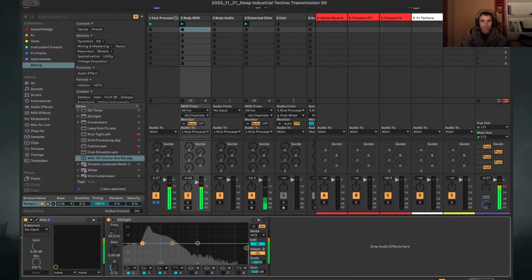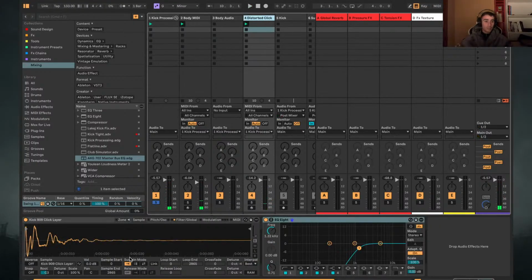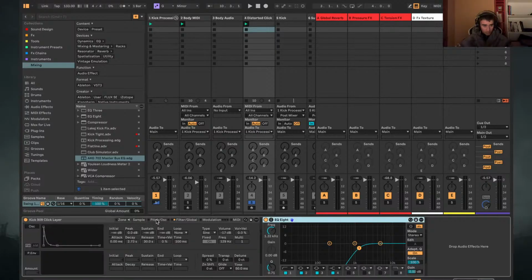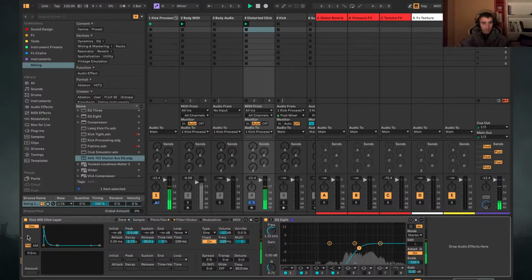Okay, I want to add a distorted click here, so I put a sampler here with a 909 click layer, okay? And we're going here to the section of pitch oscillation. We're going to activate the frequency oscillator, okay? Instead of fixed, now we are going fixed, okay, let's hear it. We're making this layer so it has a high-end distorted sound, okay? Just find